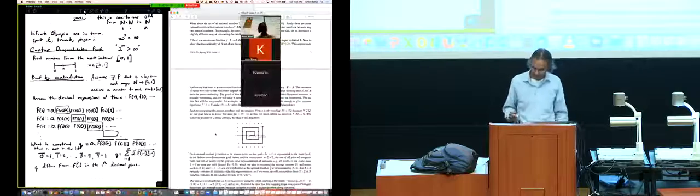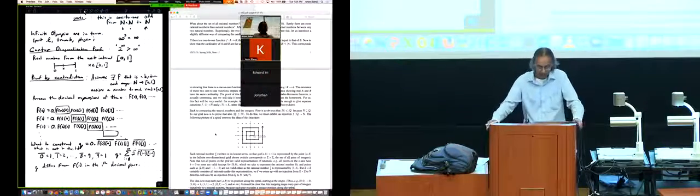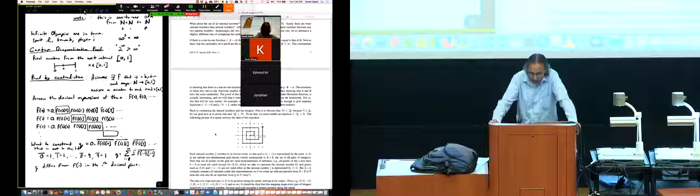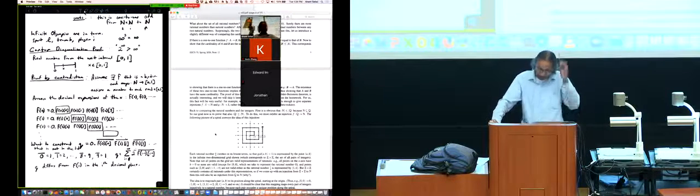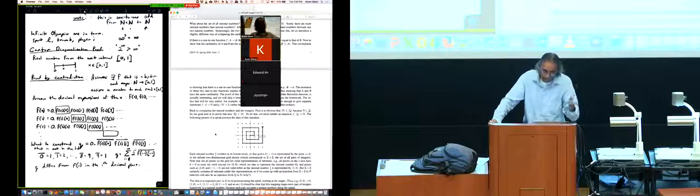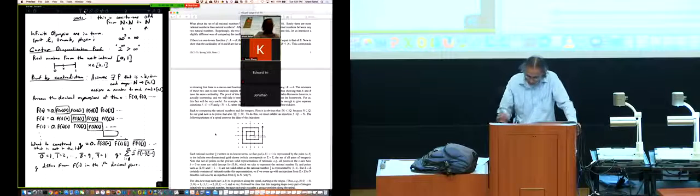Okay, this is how I built it. Cantor built this number q for contradiction in such a way that it would differ from any number in the list in a particular place. If you look at the ith number in the list, it differs in the ith decimal place, which means,